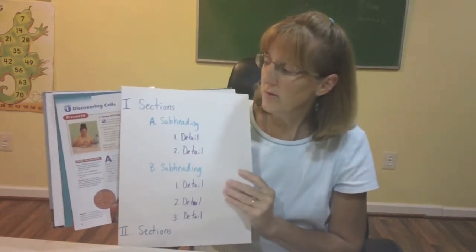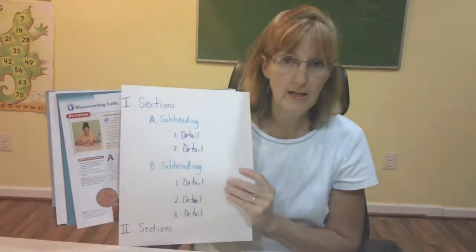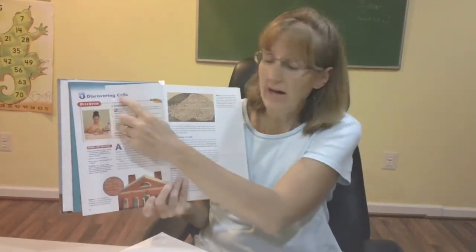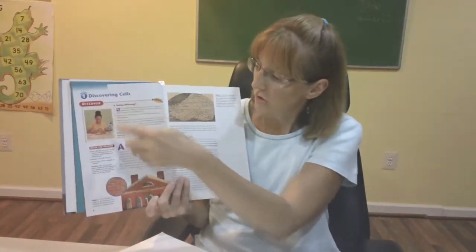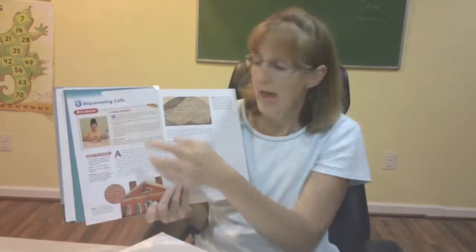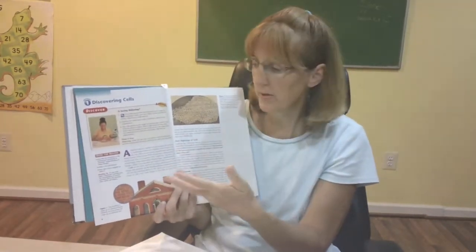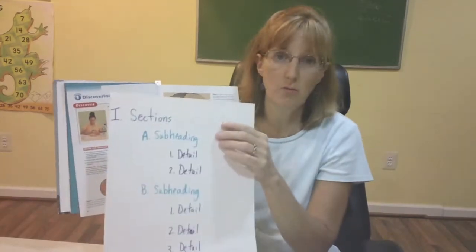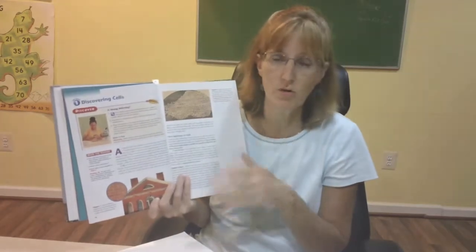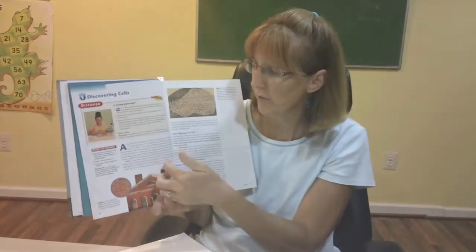What I want you to do is, when you open up your book and open up your chapter, you're going to start by writing down Roman numeral 1, and then write down verbatim the section title. Then you go ahead and start reading through the first paragraph or opening paragraphs under the first section, and try to find any keywords or important terms that you think are pertinent, and then write them down underneath Roman numeral 1. Now, oftentimes the opening section is just filled with interesting stories, and there's not a whole lot of facts, not a whole lot of information gathered in that first opening section.